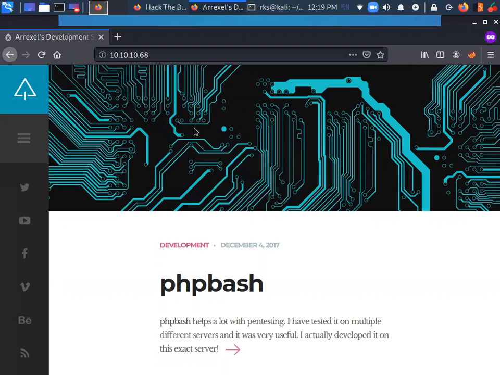One is to explore the website manually. Click here and there, see what you have at the website. The second step is to check the source code. Every page that you visit, go through the source code and see if there is something suspicious or something commented out there.